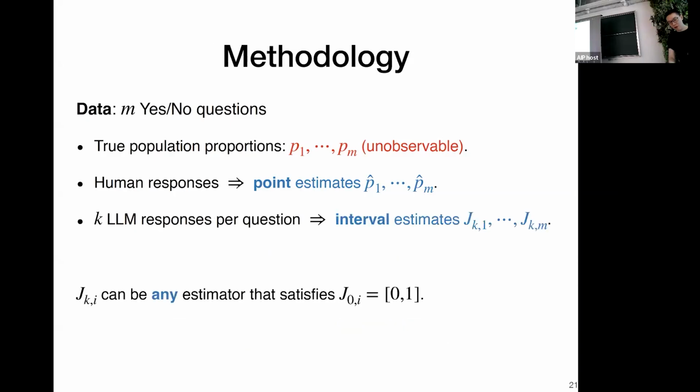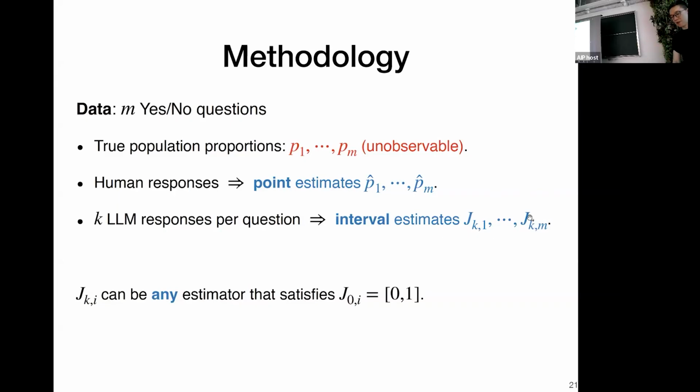So from the LLM, suppose you generate k simulated responses, then you can construct a confidence interval. There are lots of standard tools. You can use the central limit theorem or Hoeffding bound, empirical Bernstein bound, etc. There are lots of useful bounds. So for every sample size k, you can construct a confidence interval. And you have m questions, so there are m confidence intervals. And you can also change k, because eventually we want to choose k, from small to large.